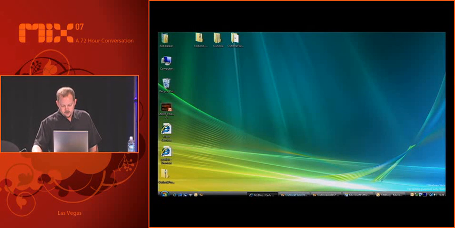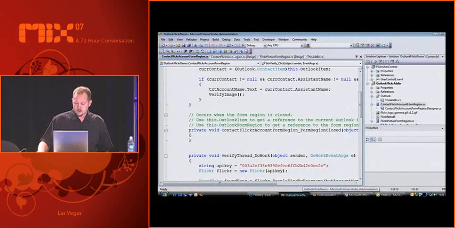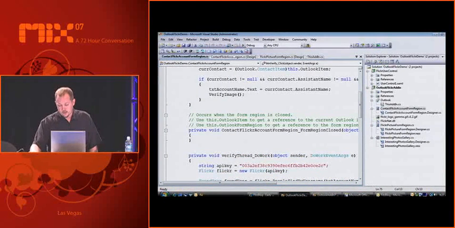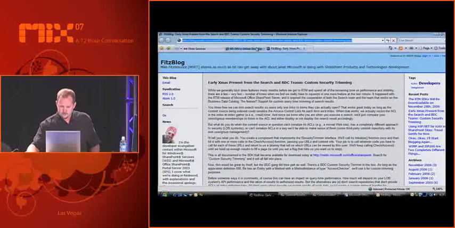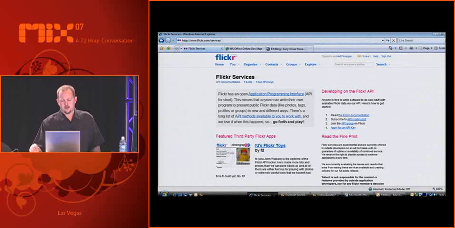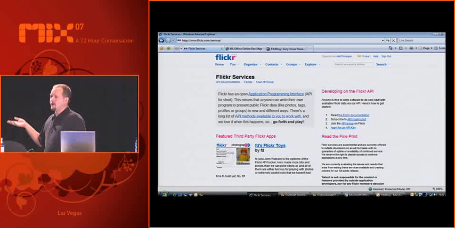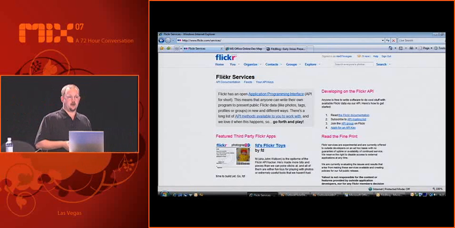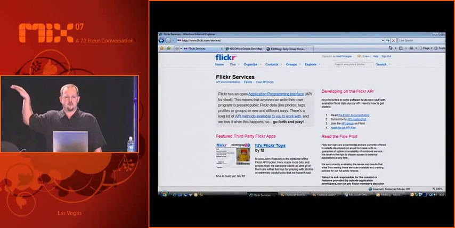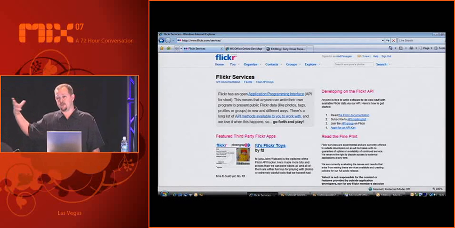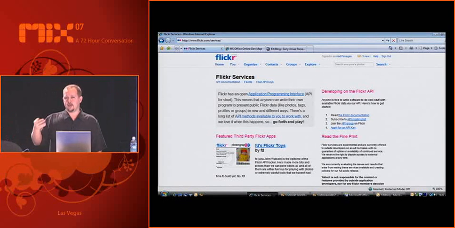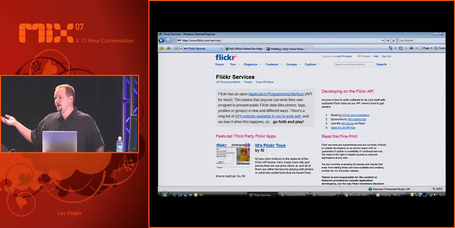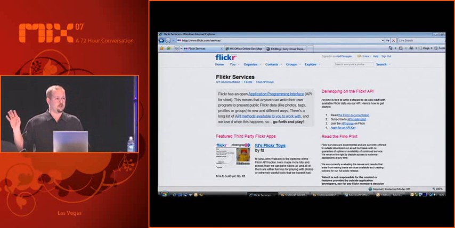And finally, on to the Flickr demo. The Flickr demo is pretty comprehensive. Just in case anybody is not aware, you might very well be aware, if you go up to Flickr, you'll have an area called Flickr Services. Flickr Services allows you to sign up for the developer API. You just follow the basic steps of getting what's called an API key. If you get that API key, then you can begin consuming Flickr services, content, whatever else that you want from Flickr itself.